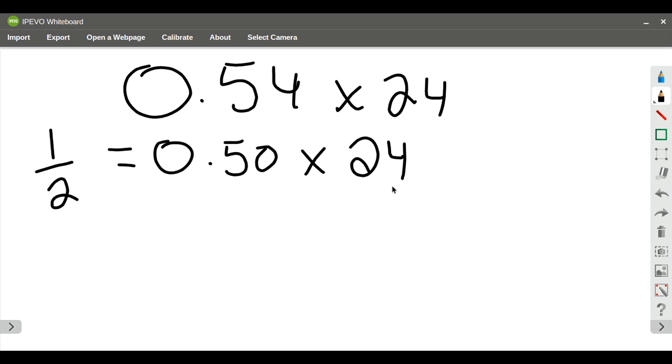So I'm going to use some number sense. When I multiply something by 1/2, so if I have 1/2 multiplied by 24, another way that I can look at this is 24 divided by 2. These two equations are going to be equal. When I multiply by 1/2, what I'm really doing is taking that value and dividing it by 2. So 1/2 multiplied by 24 is the same as 24 divided by 2, which equals 12. So anytime you can round it to a half,